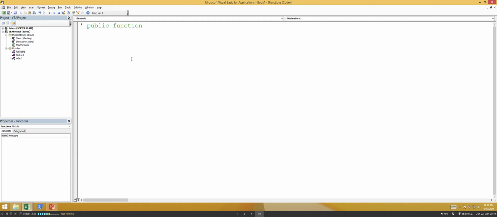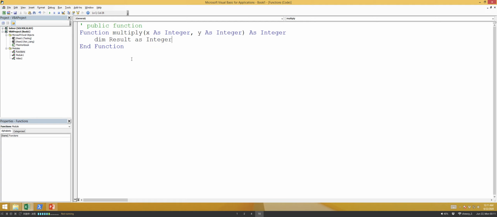So for a public function, you start it with Function, and then give it a name. So for example, calculation, right? So no, multiply. Okay, and then this function multiply takes two values, for example, x as integer, y as integer as well. And then what is the variable type that you want to return? I want to return it as integer also, right? Okay, so now I can define result